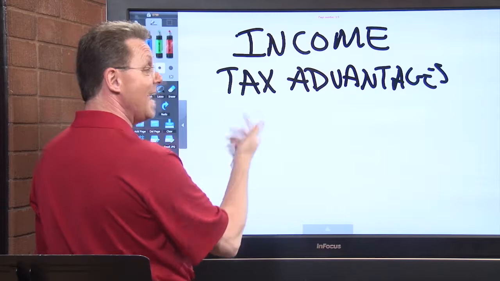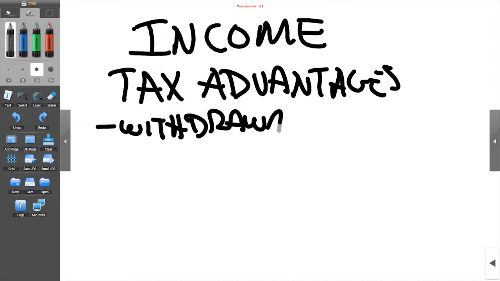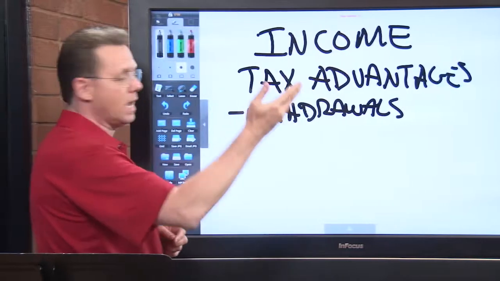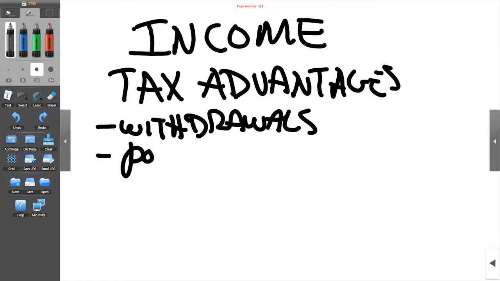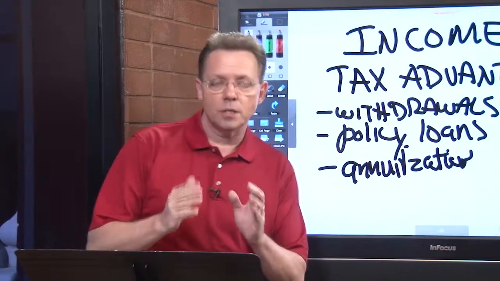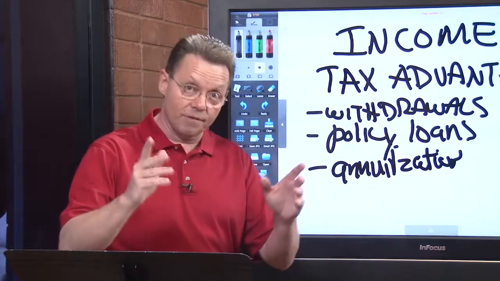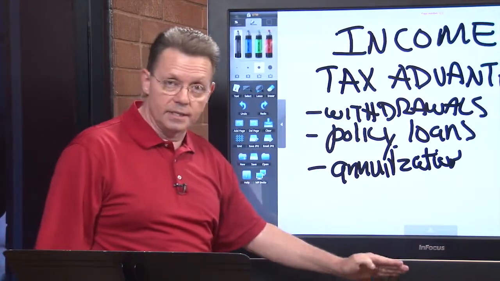Some of the ways we can take our cash value accumulation out is by withdrawals, just withdrawing the money, generally basis. Again, we'll get into all that coming up. Policy loans, and annuitization. Huge tax advantages because when I take policy loans out and I keep the contract in force, in fact, actually, let's do that first. My disclaimer on all this is,